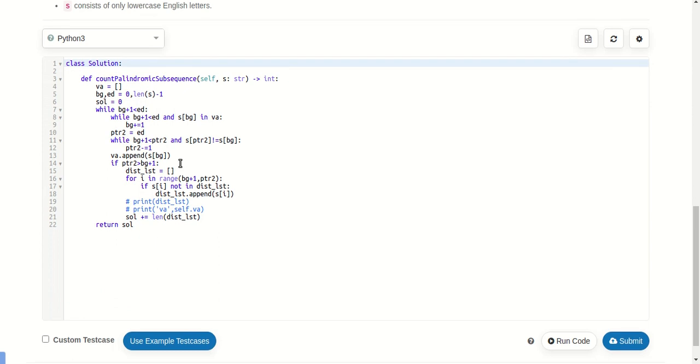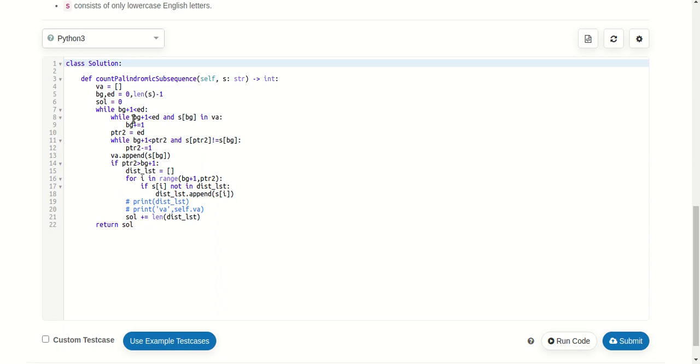What we are going to do is declare beginning and end variables. Beginning will be declared with 0 and end will be declared with the last index of the string. Now we'll initialize solution to 0.